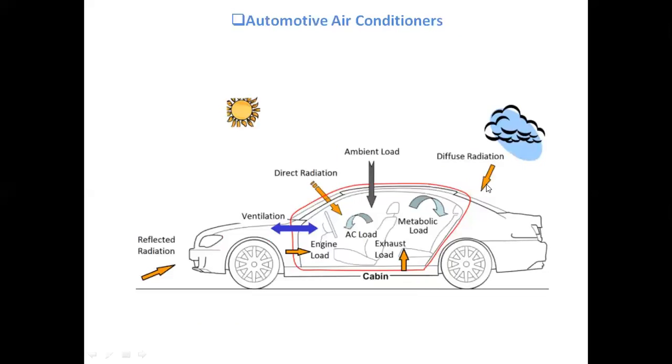Then the next application is automotive air conditioning. As we know, when we are seated in the car with other passengers, there is a metabolic load: our respiration and sweating add heat in the room, plus the engine load, as well as the heat from the sun's direct radiation and diffuse radiation. This leads to heating of the air, and because of metabolic activity the respiration oxygen level is also reduced. So for that, ventilation is needed, and that is nothing but the refrigeration and air conditioning